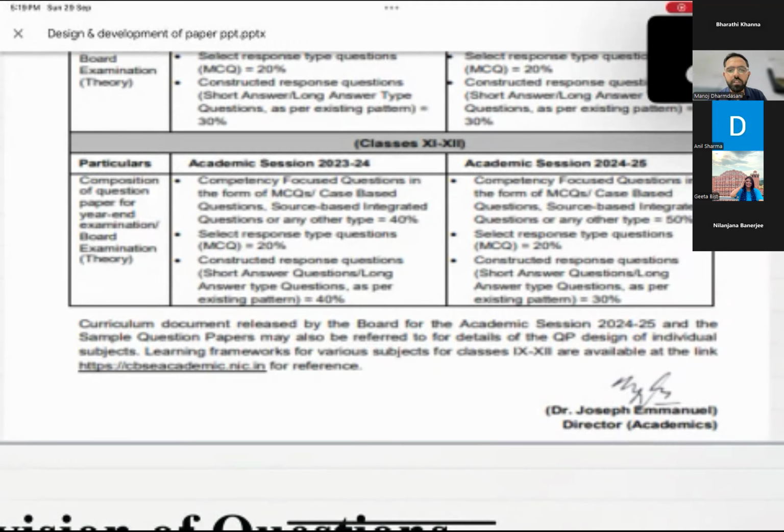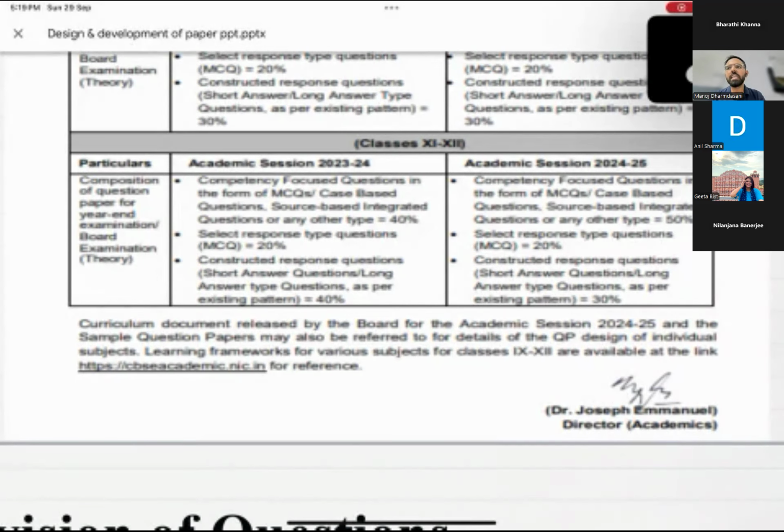The next thing is constructed response questions, known as short answer questions or long answer questions. As per the earlier category, it was just 40%, which is given in this table just here, and now it has been reduced to 30%. So basically, what CBSE has done,